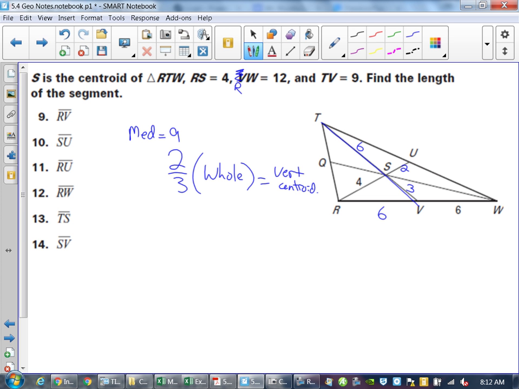2/3 the whole is vertex to centroid. 1/3 the whole is centroid to side. Okay? We put that in here as well. So this one has a couple extra ones. 2/3 the whole is vertex to centroid. 1/3 the whole is centroid